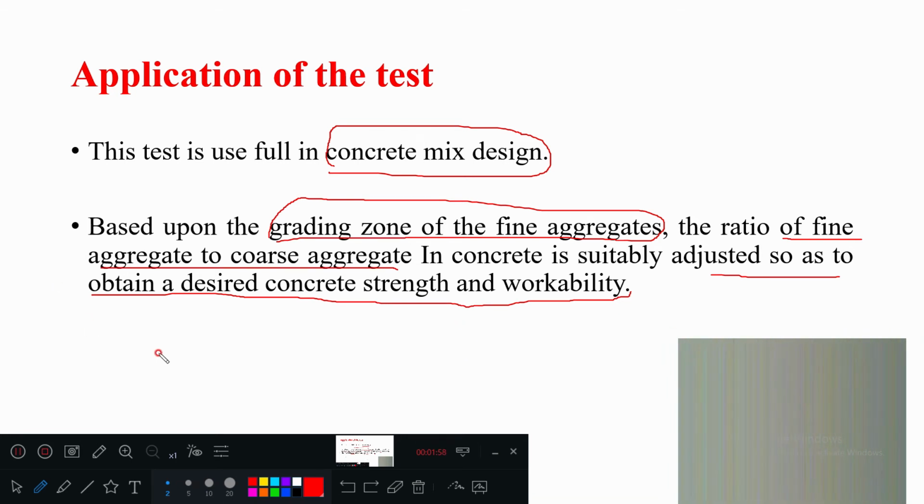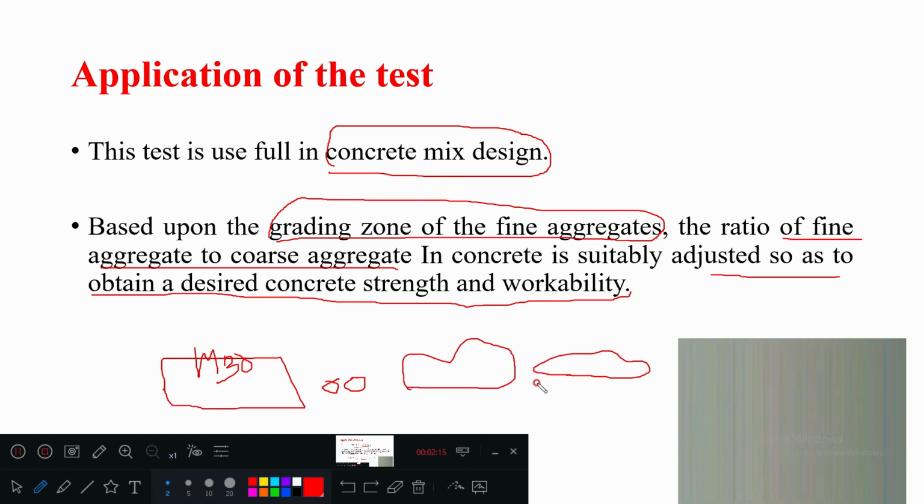If you are designing a concrete at site, let us say it is M40 grade, M30, whatever may be the grade, how much is the coarse aggregate portion? How much shall be the sand? Given the coarse aggregate volume and the sand volume, what is their proportion? This is called CA, this is called FA. So the ratio of fine aggregate to coarse aggregate means FA is to CA, or FA divided by CA. How much should it be for a mix design? For mix design, there you are going to use what?